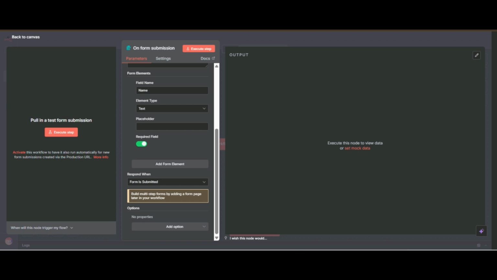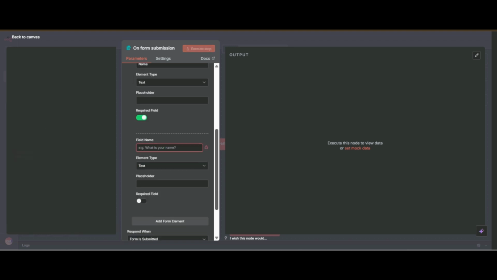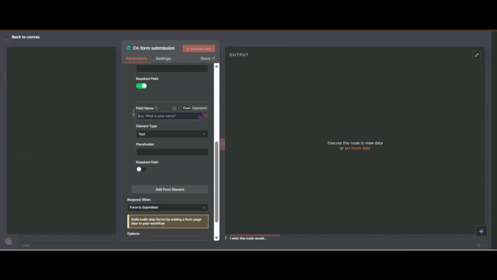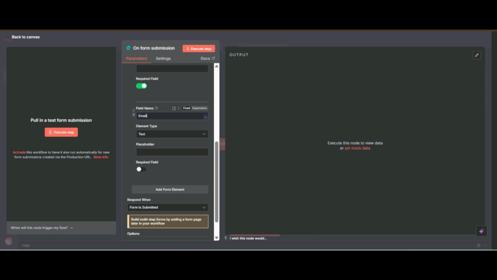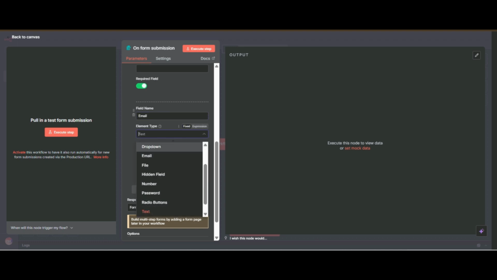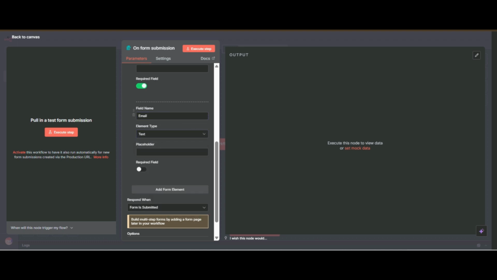So the second thing will be email. So the field name will be email. Now you can select the email type, but I will stay with text, and it is required. Yes, it will be required.